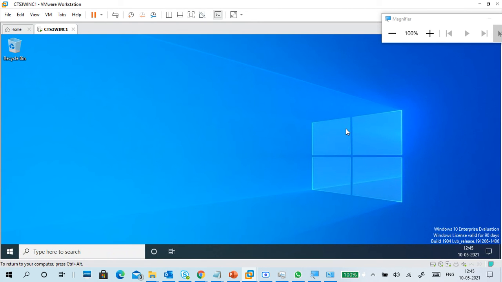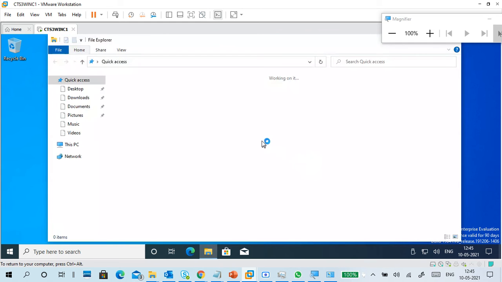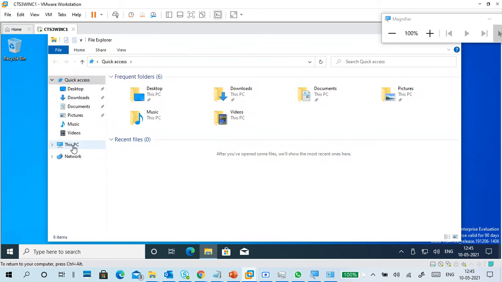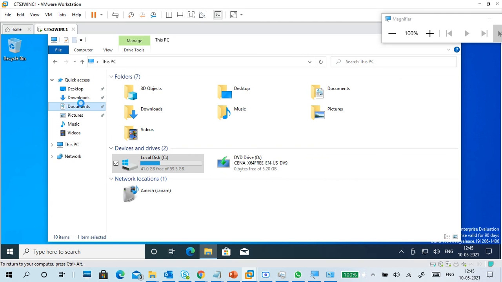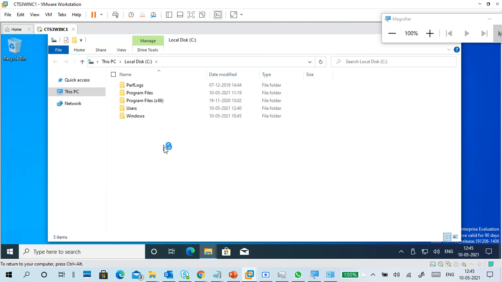Now I got the second user logged in successfully. Where is the picture or something I created on my desktop? In the Documents I created a document, right?